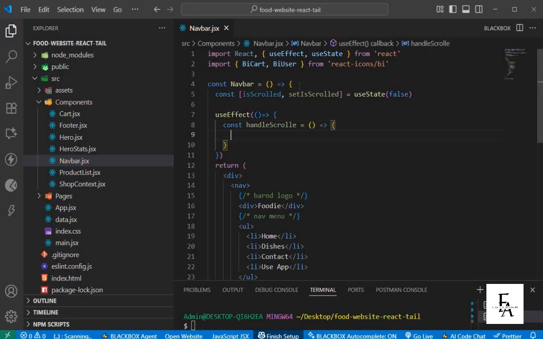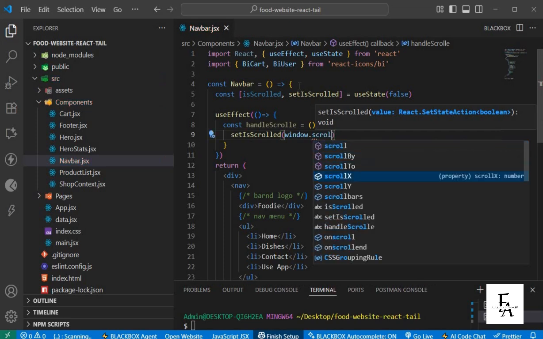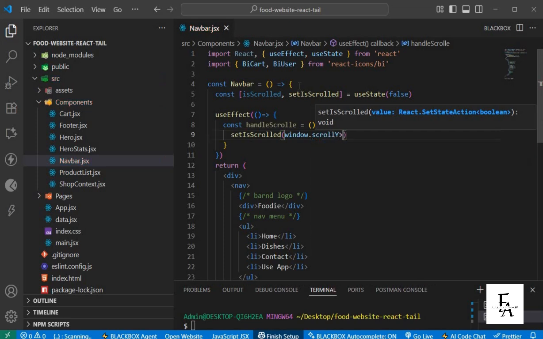Inside this function, we're going to check if scroll is more than 100 pixels. Then we're going to set is scrolled to check if the user has scrolled more than 100 pixels. We need to use our window to detect it. So we're going to do window dot, if the user scrolls on the y-axis and is more than 100,